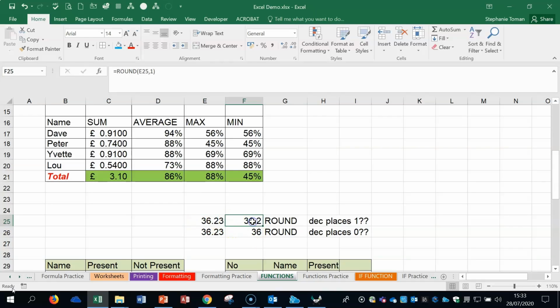Okay. When it comes to round, if we look at this figure here, we've got 2 decimal places, so 36.23. If we use a round with one round into one number, then it drops the 3 and we get 36.2, 1 decimal place. If we have no decimal places, you can see the 0 up there, so the 0, that means we drop the 2 and the 3. If we had a figure